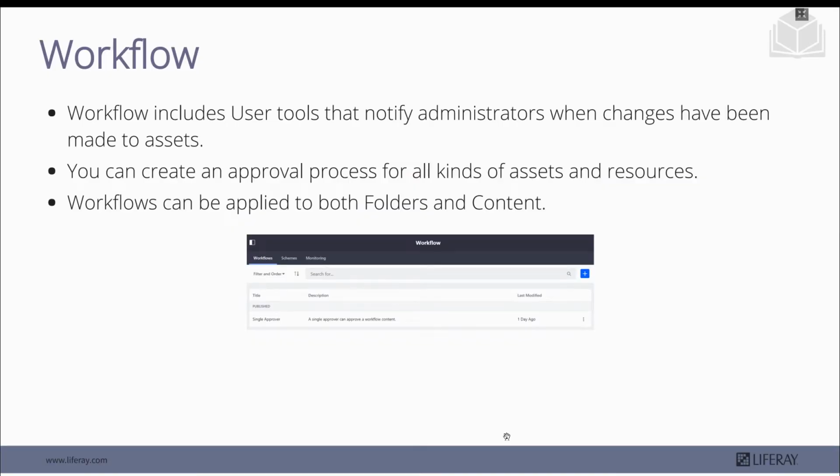So we're going to be highlighting the last couple of features here in order to really get comfortable with digital asset management. And we're taking a look at a feature called workflow. What workflow basically is the steps that are needed to be taken in order for something to be completed or